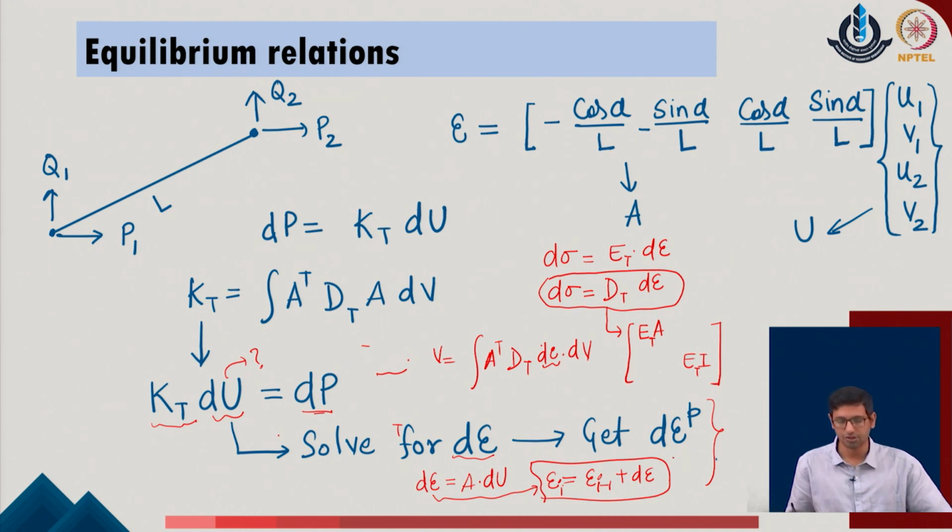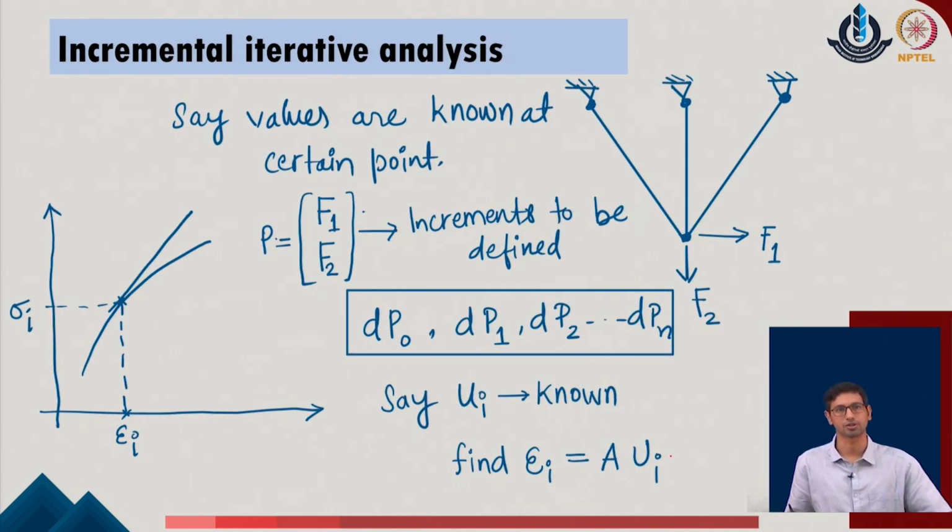Now, moving ahead with the stress increments in the given system. As I said, we are initially applying the loads which are the external loads or the joint loads of the given system. So, if I say that this is one of the systems, there is only one joint which is loaded with the external forces. These forces can be described in a simple vector form, and that is what is defined as the general P expression in the given system.